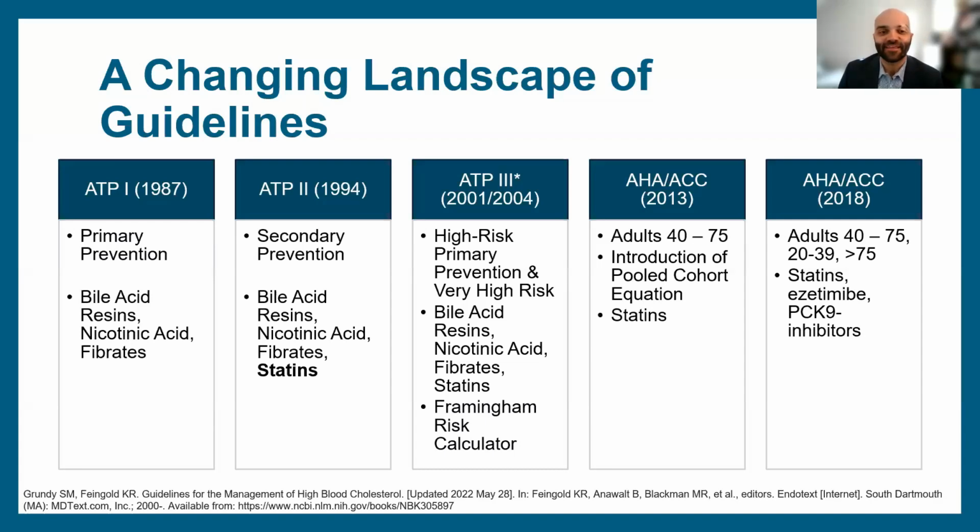So really, as we see movement, there's more focus on primary prevention and multiple different aspects of medications and their use together. We introduced our Framingham risk calculator, which is built off our large Framingham cohort, really to be able to assess risk in our primary prevention population by looking at some of these factors. 2013 is where we start to go, all right, 40 to 75, we revise our equation with the pooled cohort and say statins, basically.